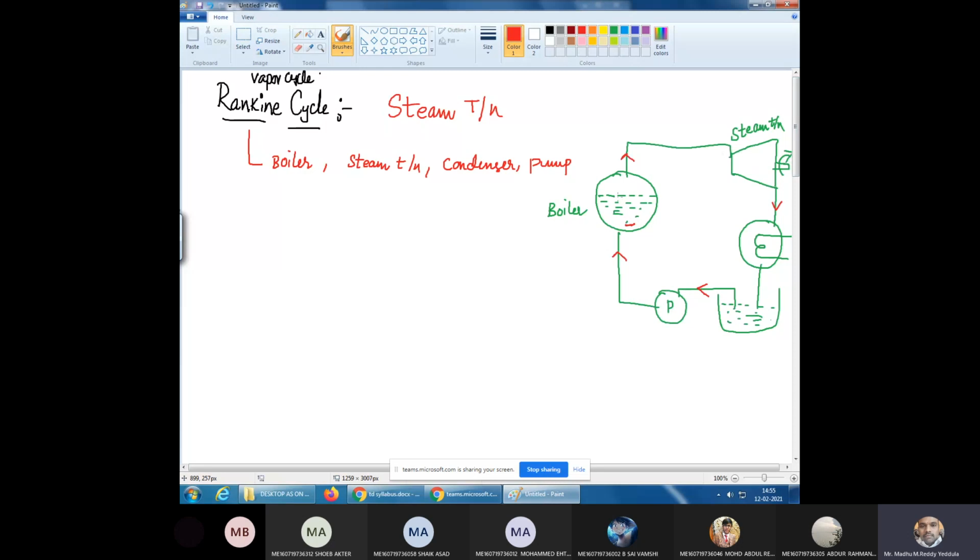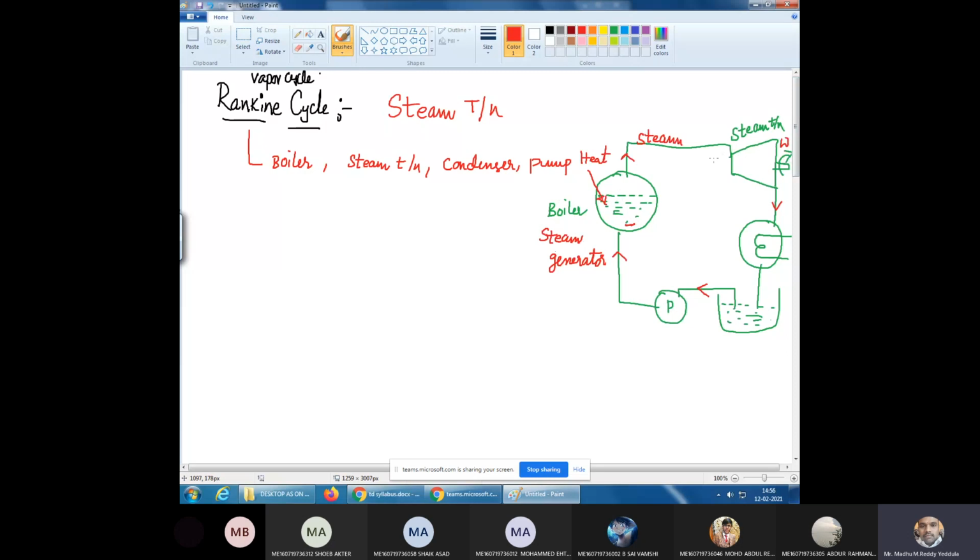Okay, right. Now, what is a boiler? Boiler is also called the steam generator. It is used to convert the water into steam. So in the boiler we are adding the heat. Heat will be added, therefore the water is converted into the steam. Right? So this steam is allowed to pass through the blades of the turbine, which means the steam is allowed to expand over the blades of the steam turbine, thereby we are getting the work.